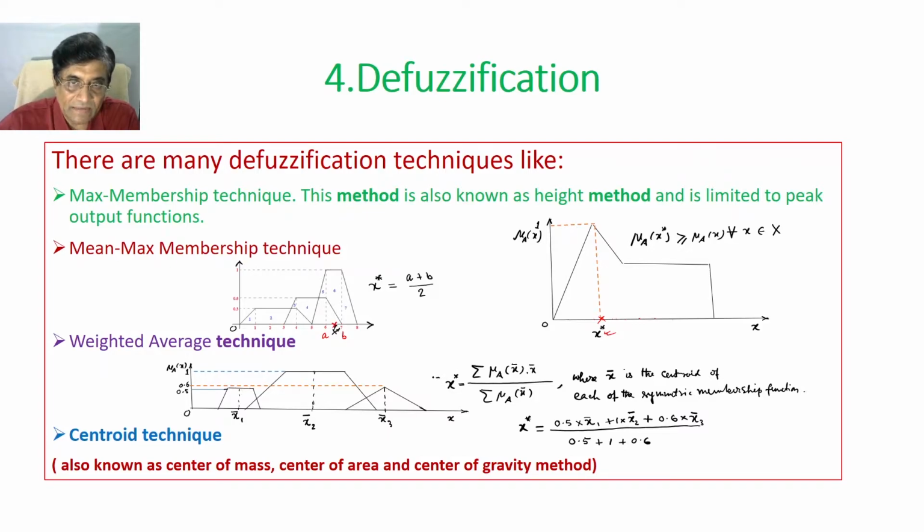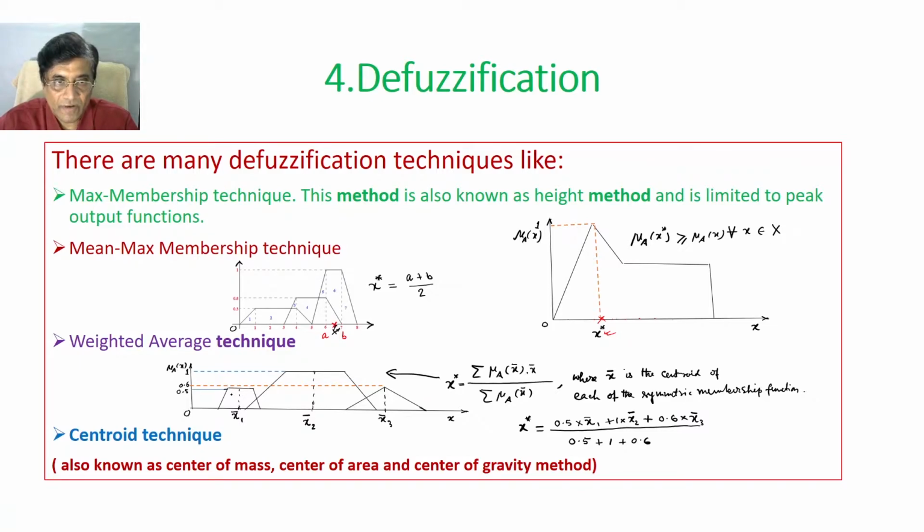Okay, what does it mean? Very simple. Say I have one trapezoidal membership function. It is symmetrical. It has to be symmetrical to apply this formula. Symmetrical means it has an axis of symmetry around which, if you fold, they will completely overlap. And so this is the axis,